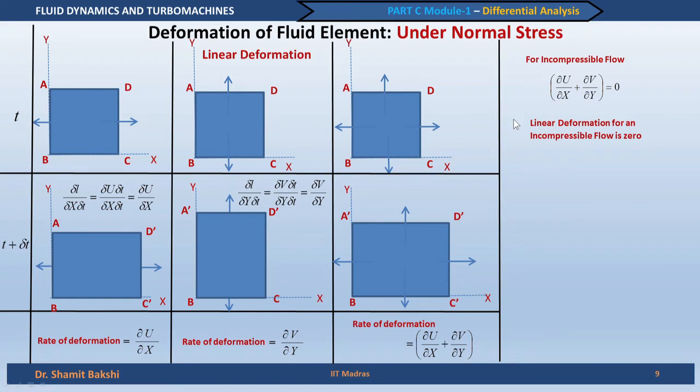What we have to take into consideration is the angular deformation under normal stress. Now, this is the most difficult part. We will not go into more details, because this involves a very difficult derivation. What we just try to see is, let us go to a simpler situation, the x directional normal stress. This stress itself can actually result in angular deformation, because if we look at this fluid element